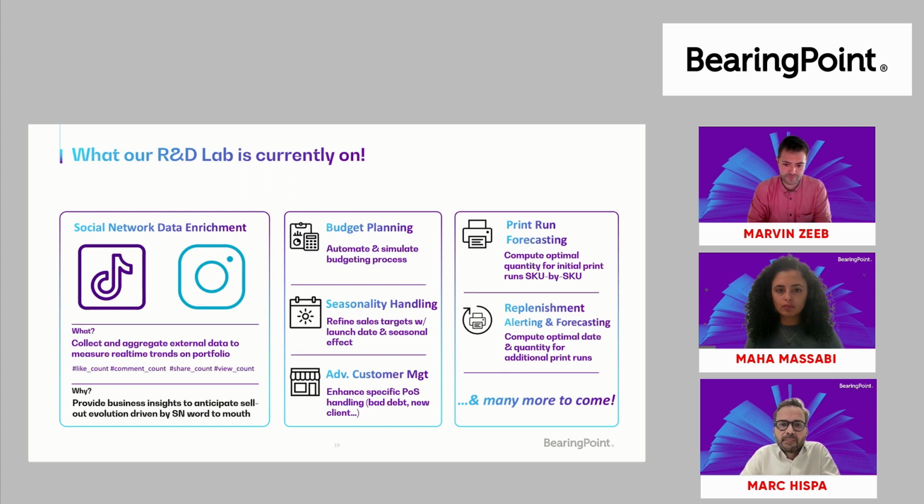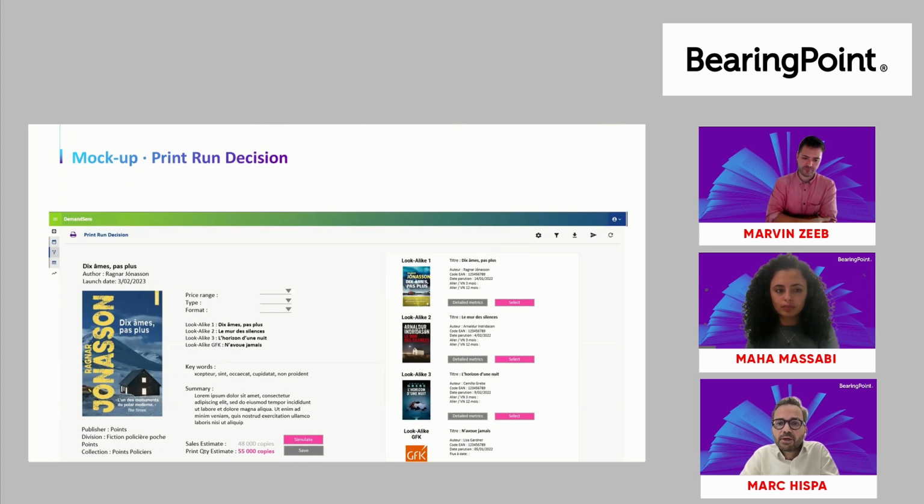As an illustration, regarding the print run decision-making process, you can see here a mock-up that we are currently implementing, designed with a bunch of publishers looking for additional features and modules to help specifically this process. What you can see here is a sample of a specific page, which we have called a sandbox for simulation purposes. Within this page, the publisher gets access to the current state in terms of master data, and can play with some influential variables, such as the price range, the type, the